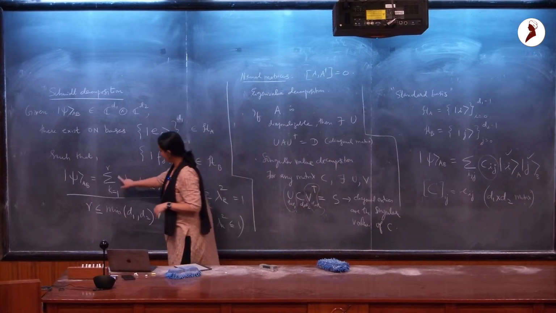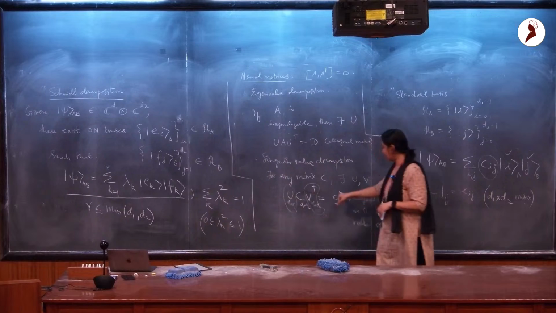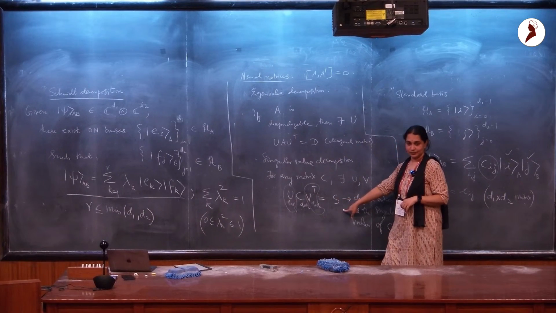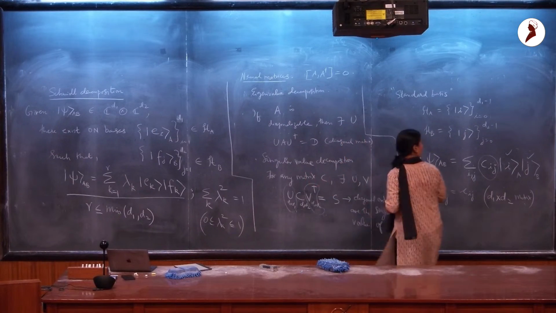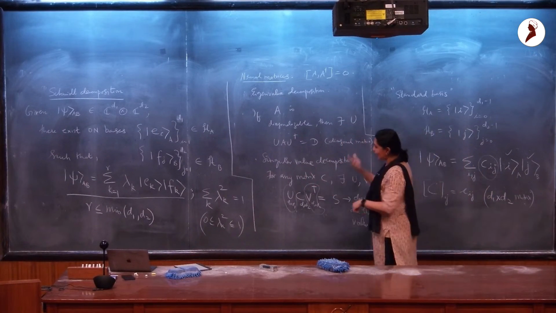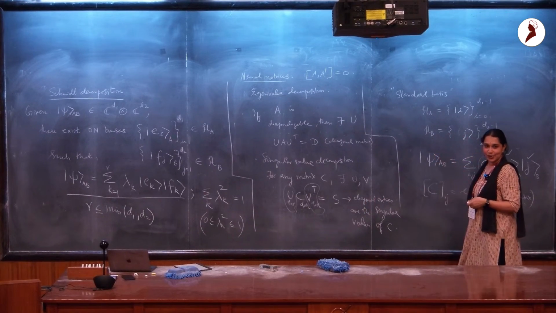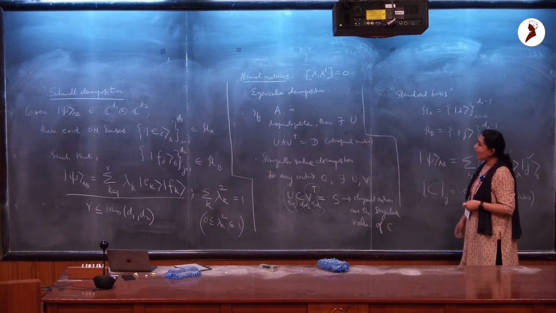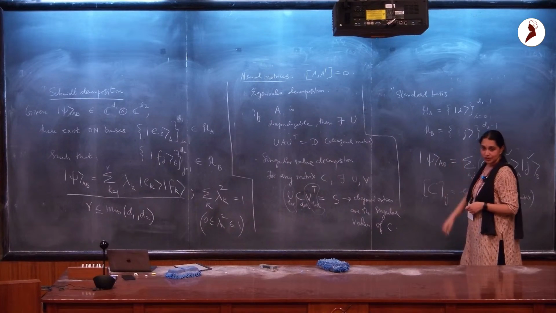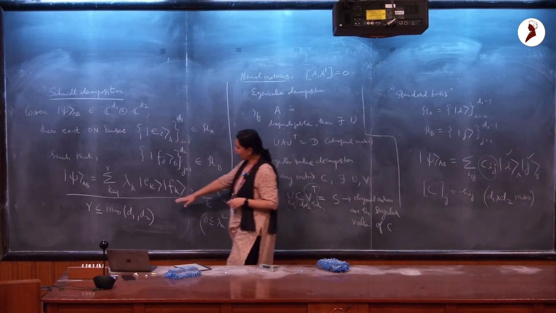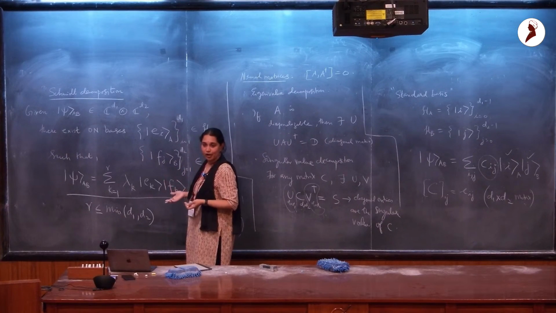right? Because I hope you realize now that these lambda k are essentially these singular values, these elements sitting in the diagonal here. I could write down the whole calculation with all the indices. I don't know if you want me to do that. Maybe I can if we still have time, but I'm just trying to give you a feel for this rather than write down all the algebra out here. So if this matrix C has only one non-zero singular value, then there is only one term in this expansion. And that's, therefore, the state is essentially a product state.